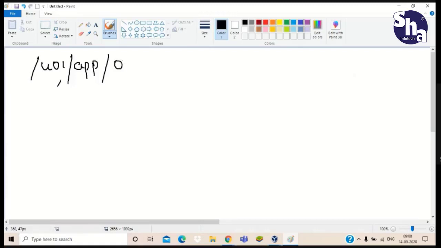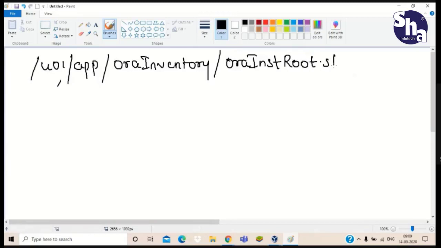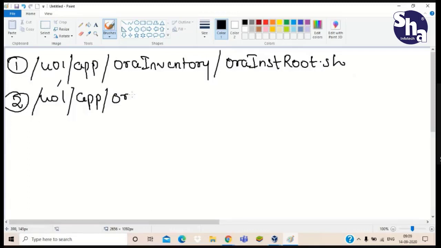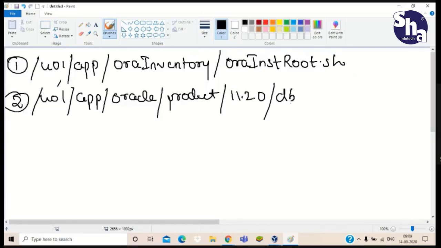Something like this. This is our first script, and the second script is product 11.2.0 something, and dbhome underscore one, root.sh, something like that.